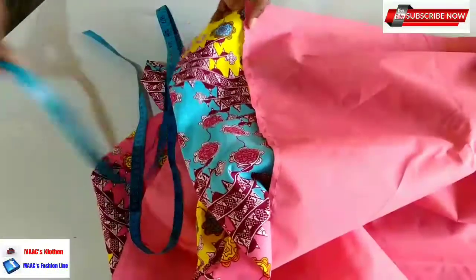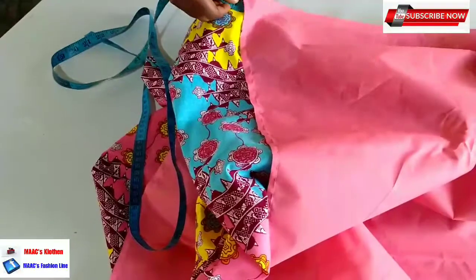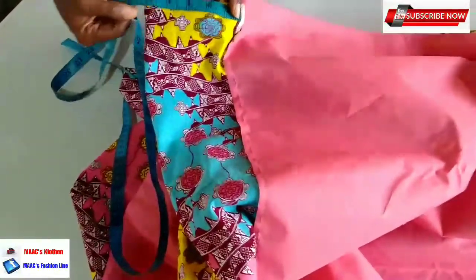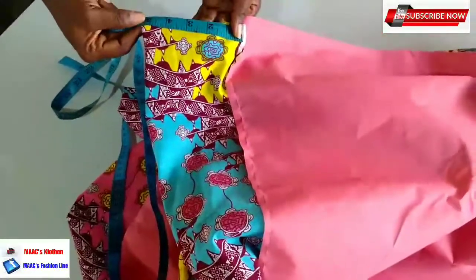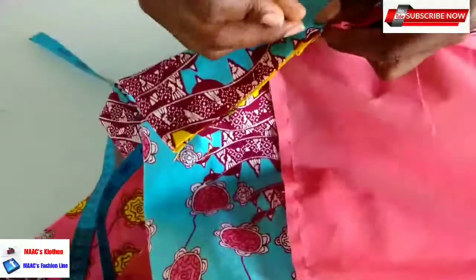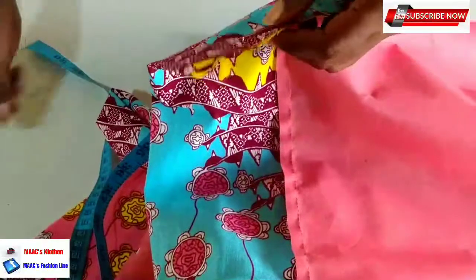So when we measure down here, what I have here from the seaming part, I have 5.001, and so I'll pin it. This is what I have, so I'm going to pin here. I'm pinning so that it will not shift. I'll pin here. Okay,